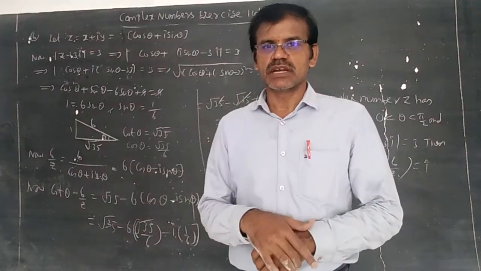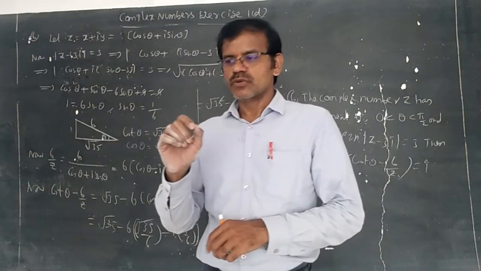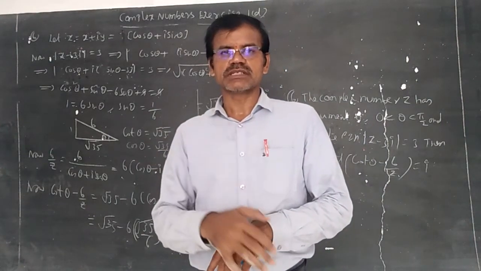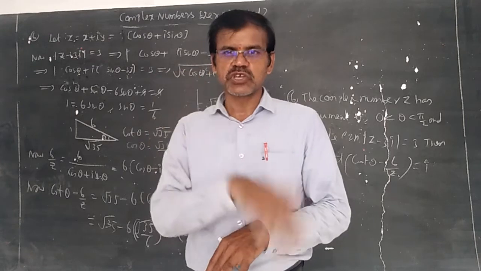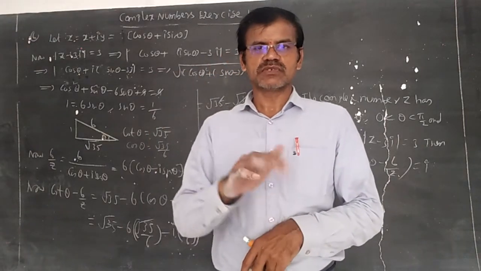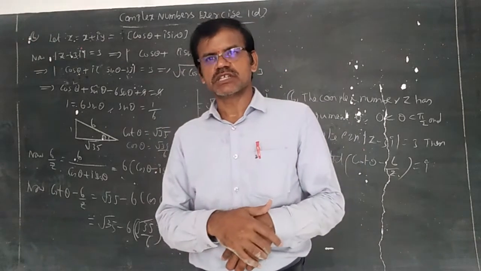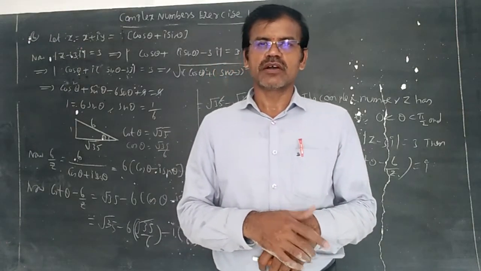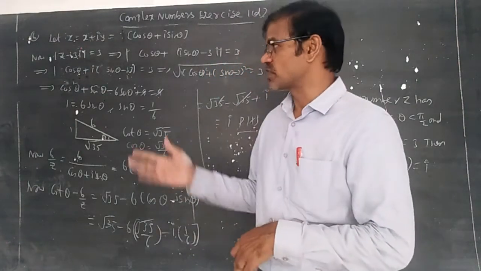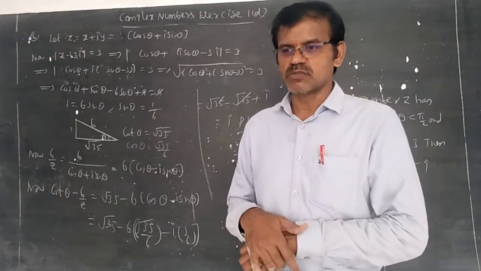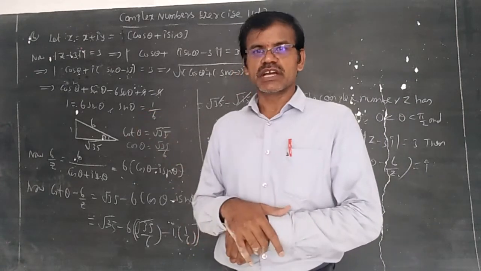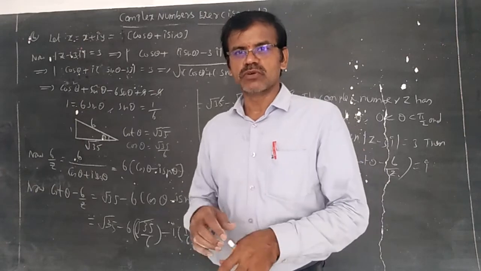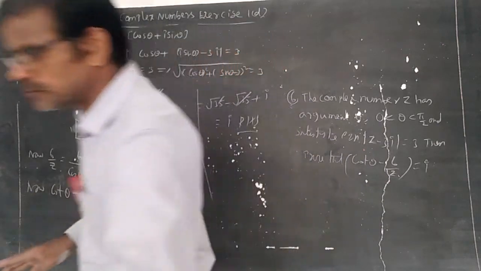In JEE Mains and Advanced, everyone used to treat the chapters complex numbers and De Moivre's theorem as the same, according to the circular system, the same in other states except Telangana and Andhra. Complex numbers and De Moivre's theorem belong to only one chapter. So after completion of De Moivre's theorem, I will say objective. So let us start the next chapter in Mathematics 2A, De Moivre's theorem, now only.